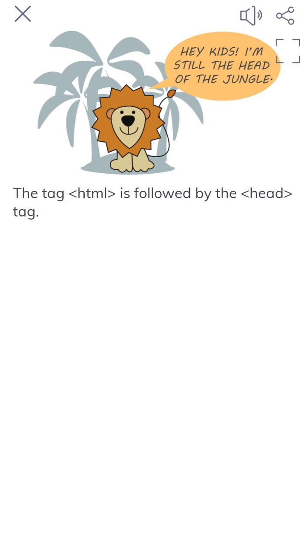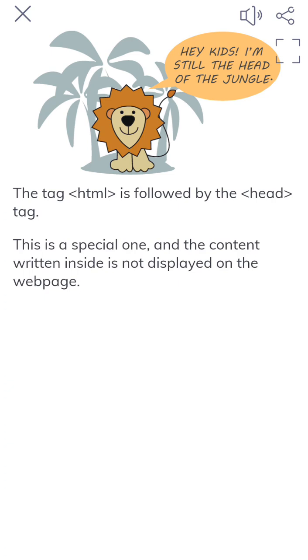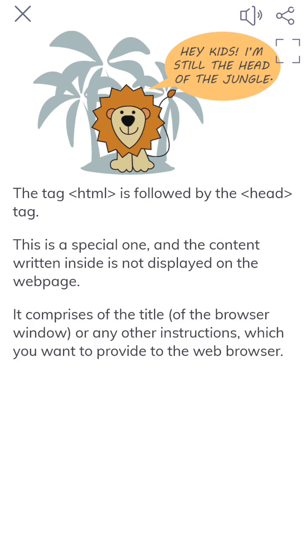The HTML tag is followed by the head tag. This is a special one, and the content written inside is not displayed on the web page. It comprises the title of the browser window, or any other instructions which you want to provide to the web browser. For example,